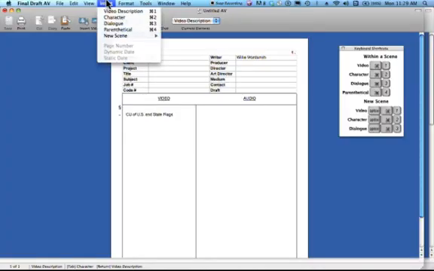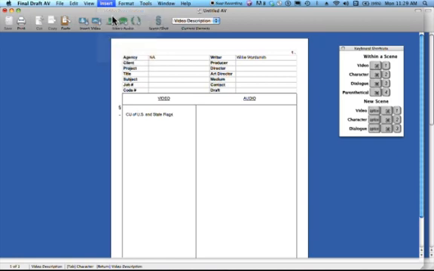I can go up to the Insert menu and choose Insert Character and begin typing. The first character is Jackie. Hit Return. The cursor immediately moves to the next line where I can type in the dialogue. And the rest of the dialogue. When I hit return, it prompts me for the next character. I'll type in Allison. Hit return, and we type in Allison's dialogue,